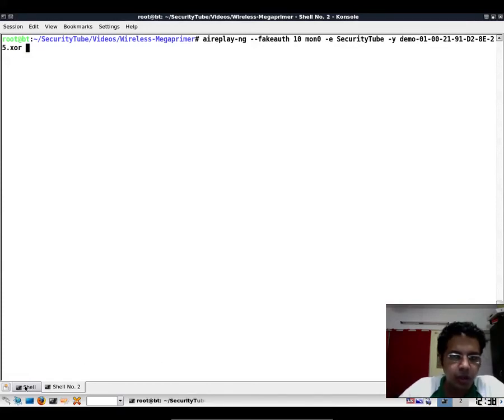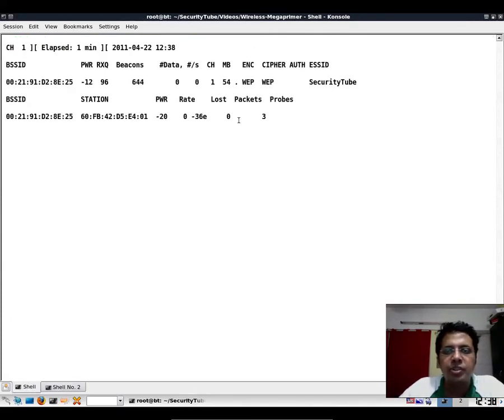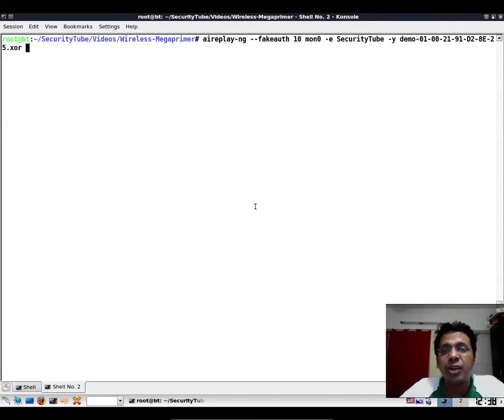Perfect. Now airodump is still sniffing, and now my phone has been switched off. Actually, it's still on, but it's not sending any data, and that is the reason why we are not able to get the SKA here. But now we will do a fake authentication using the key stream and the IV. So here goes.